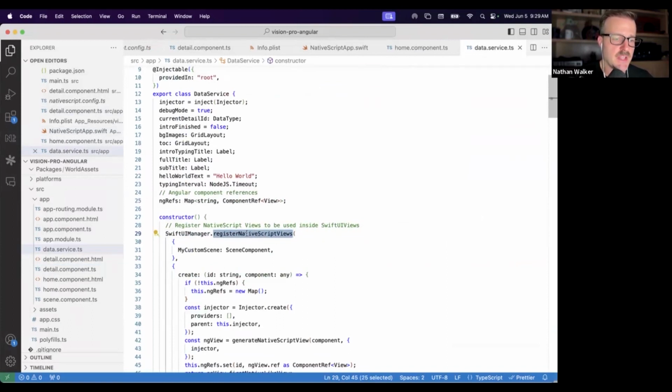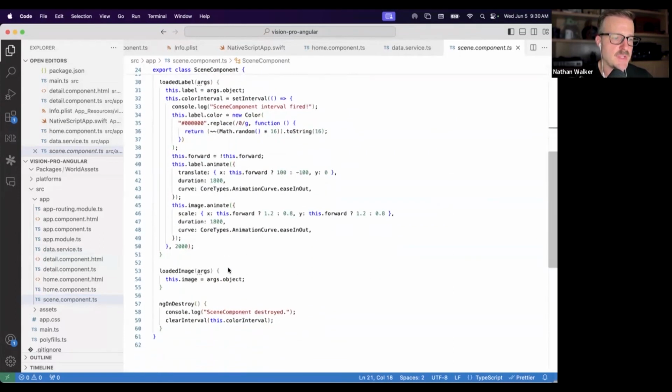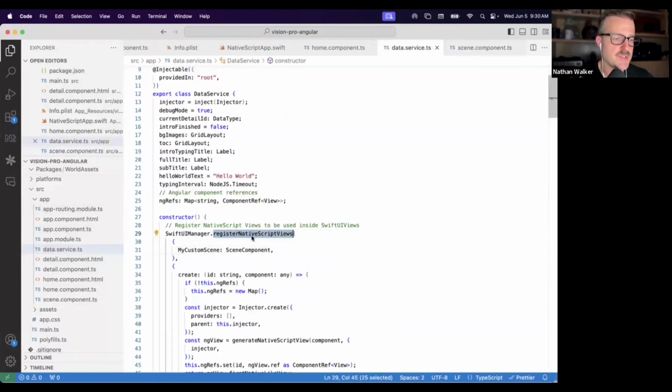This is an API that allows you to register as many components as you want to open in scenes or embed in SwiftUI. I should note this actually isn't isolated to just visionOS. This is used any time you want to embed NativeScript views in SwiftUI in general. So it's not just Vision Pro here, but if you want to say this Angular component, which has this layout with a label, and we've got an image here, we've got some animated properties, and we've got some color changes here. If we want to open this inside a scene, we can use that API, registerNativeViews, and